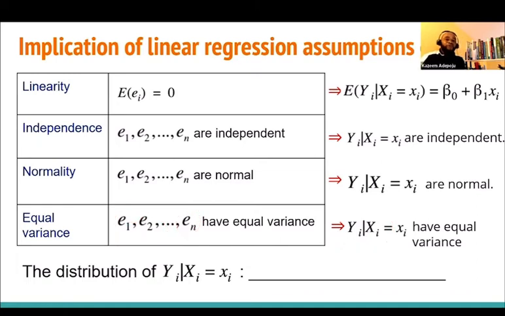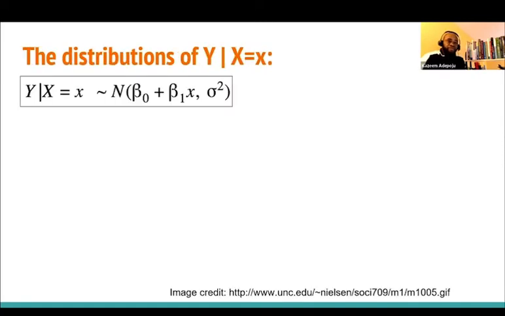Now, if I want to ask a question about the distribution of y, look at that. That's what we're seeking to know, because we know from county to county, this is a random variable because it varies. Therefore, if something varies, it means it's going to have a probability distribution. Now take a look at this. The distribution of y, given that X equal to x, follows a normal distribution.